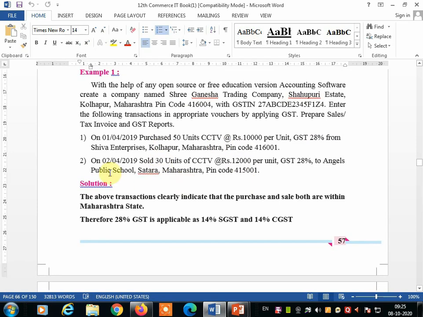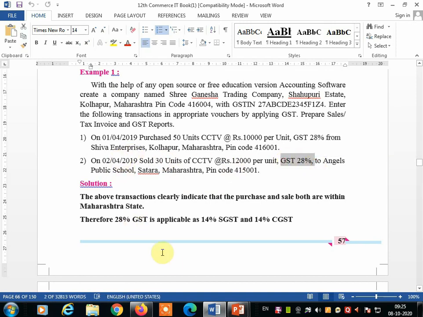And the second one, 2nd April, 30 units of CCTV cameras at 12,000 rupees per unit are sold to Agnel Public School, Satara, Maharashtra. So here also GST is calculated at 28%.